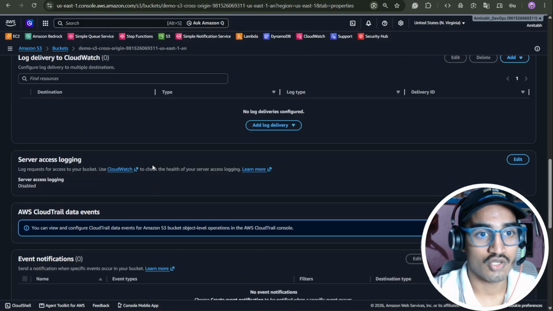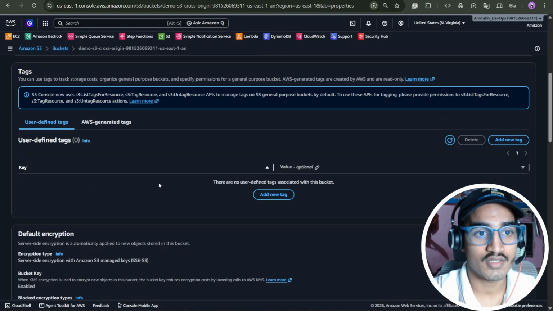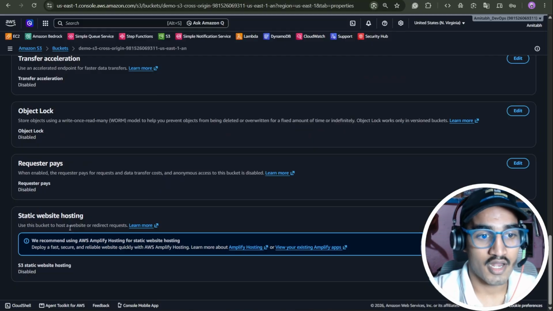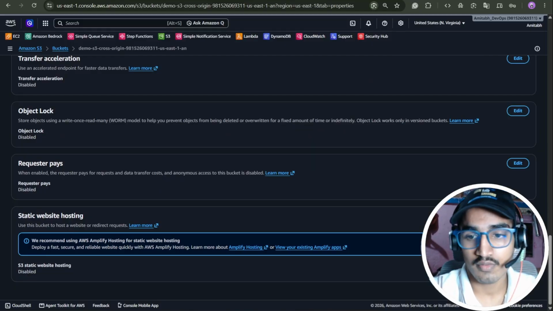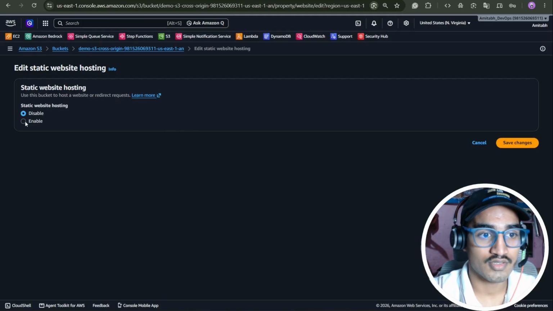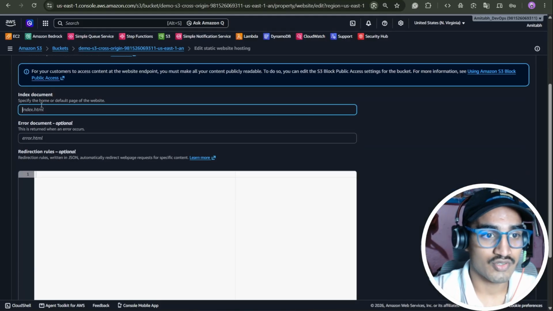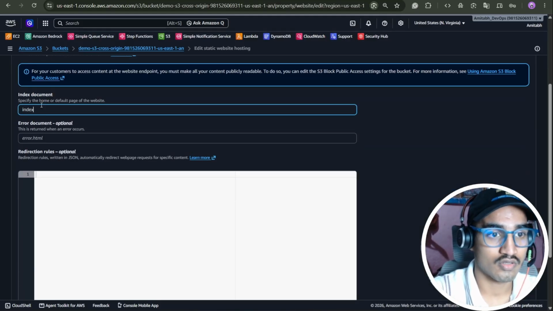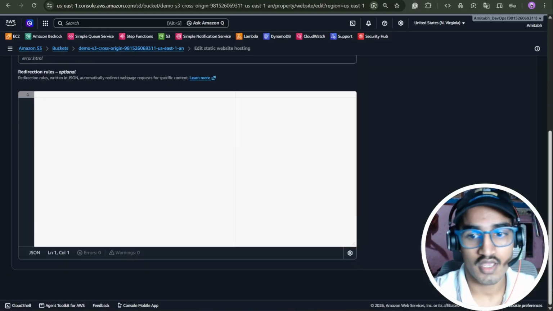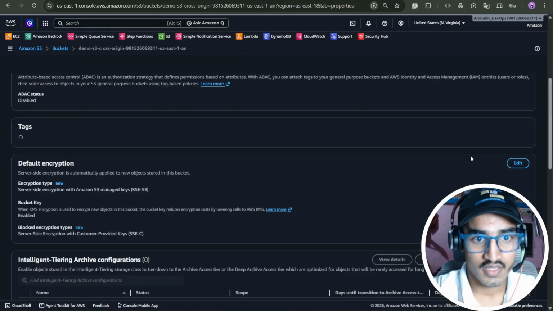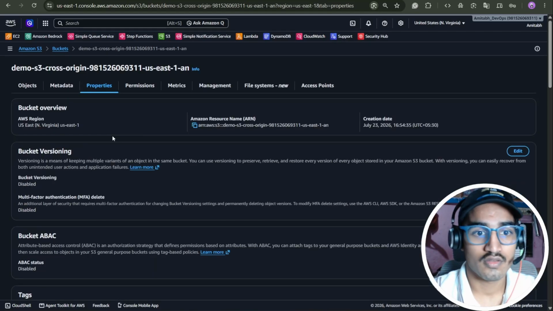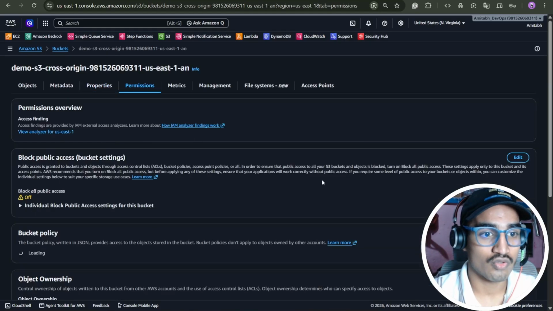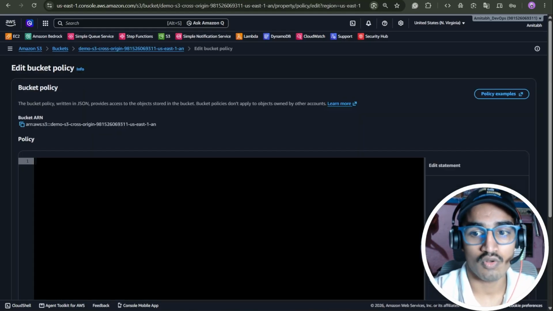For that, we need to go inside the properties, and at the end of the page, you will see the static website hosting. Edit it and just enable it, and mention the index.html page, and just save it. And after you save it, make sure you go to the permission and you have the bucket policy to